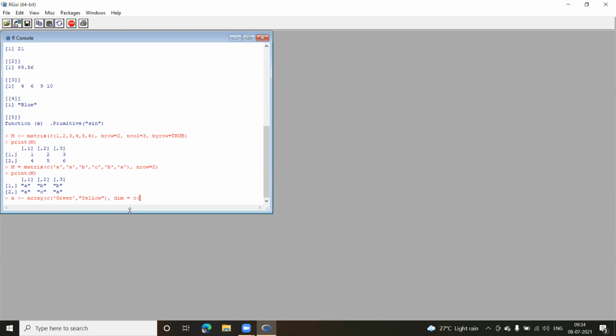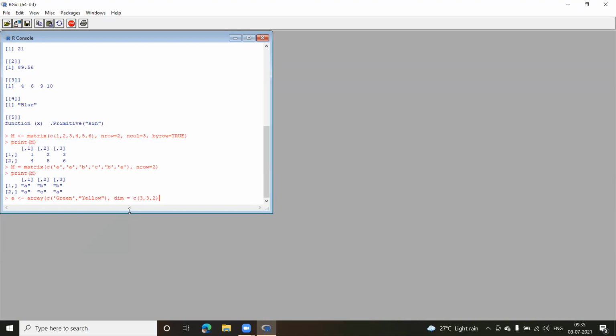Now here I give, say, let us give 3x3, even though I have passed 2 parameters here. Let us see what happens if the third element is not passed. So I'll show you that as well. So 3, 3. Now this becomes a 2-dimension, but I need 3-dimension. What is a 3-dimension array? A 3-dimension array is a collection of 2D arrays. So the number of rows here is 3. Number of columns are also 3. And like this, I want 2 arrays. So I'll give 2 here.